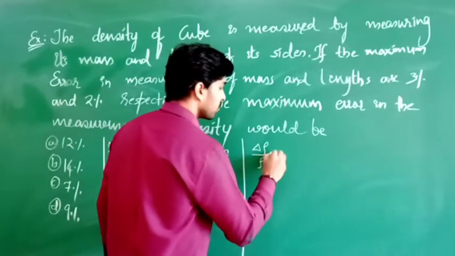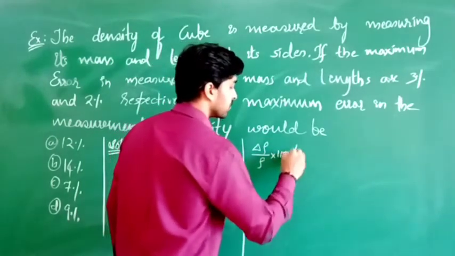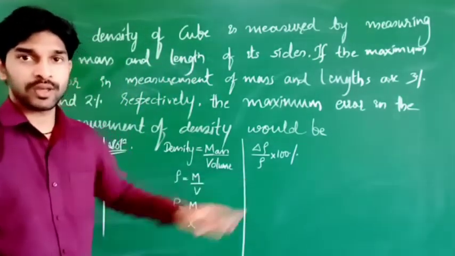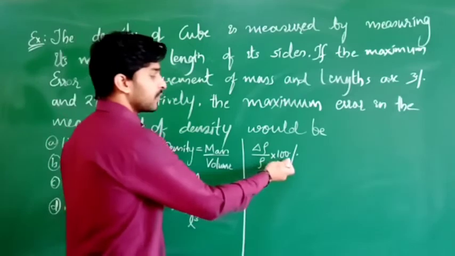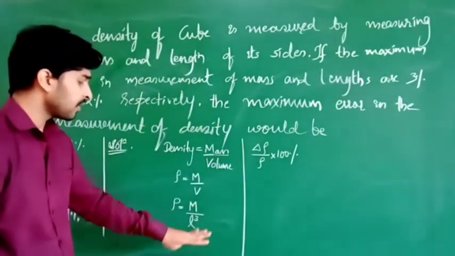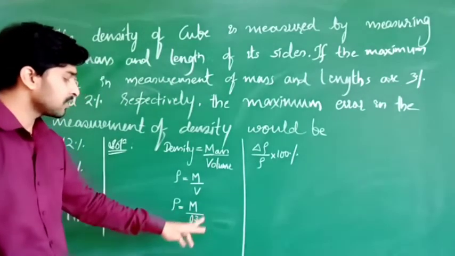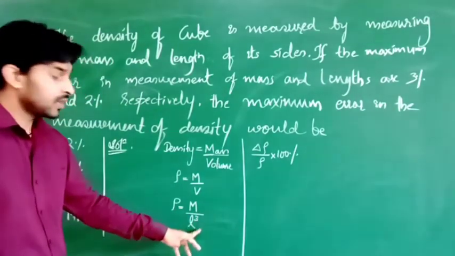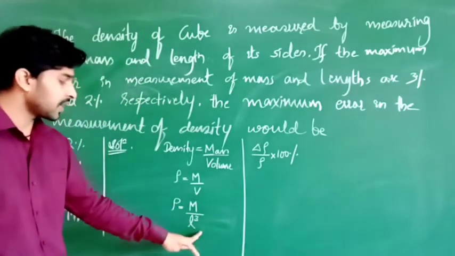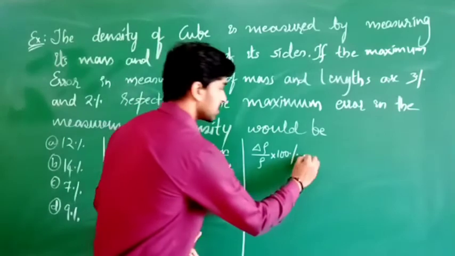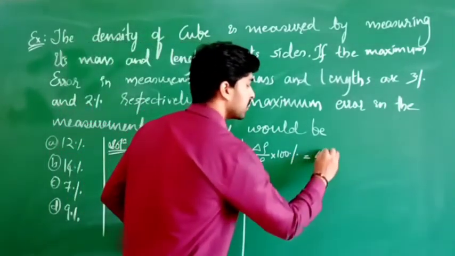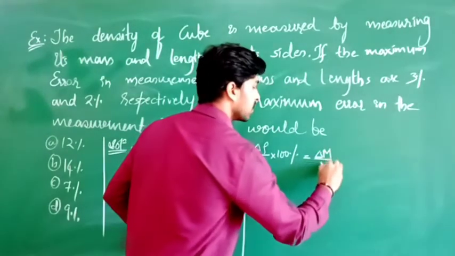delta rho by rho into 100%. Why delta rho by rho into 100%? This is nothing but percentage error. Okay? Relative error into 100% will give us percentage error, and here now apply the formula. Okay, this is nothing but P by Q form, division form. So how we can write relative maximum possible percentage error in this right hand side? What I can write? This is equivalent to first one for m. So what I can write? Delta m by m into 100%. Correct now?